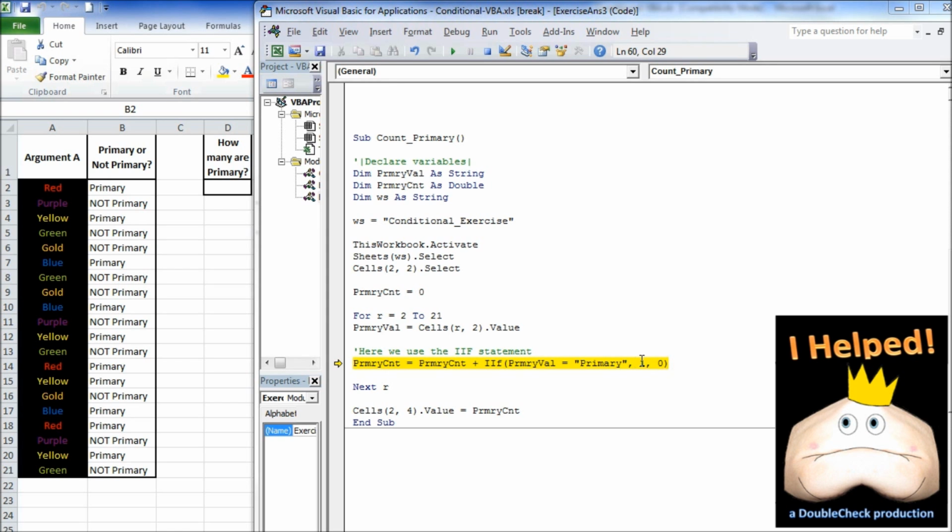The second thing we have is a return value if the condition is true, and then finally we have a value if the conditional statement is false. So we have conditional statement, return true, return false. In this case, we have a primary value of primary, which does equal primary, and that's going to return a